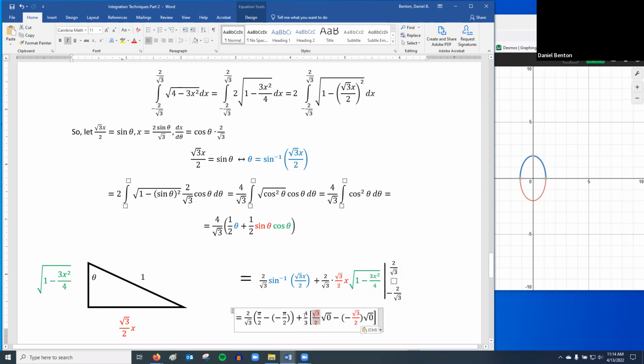I don't know why I got that. It should be 2 over the square root of 3, and those should just cancel out. It's weird. Okay. Well, anyway, you get 0 there, right? So you get 0 right there, and